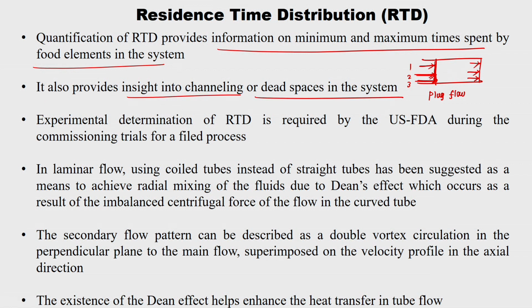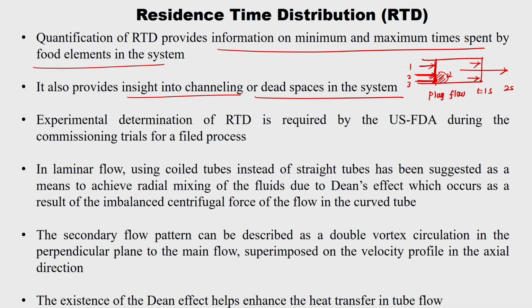For example, if I am not finding the second particle, or it comes a bit late, right. At t equal to 1 second I am finding 1 and 3, then after 2 seconds this comes. So, that means there may be a delay due to some false diagnostics. Something is happening inside the system, and also if there is any channeling or dead space, then there will not be any flow at this point. For example, if it is a dead space, then there will not be any flow.